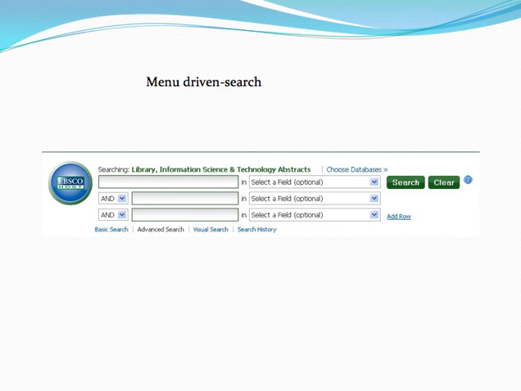Here is a menu-driven search, and as you can see, we have 3 boxes there to combine the Boolean operators. But we can also add more boxes or more rows, like they say right here, and then we can combine the Boolean operators. And we can select the field for